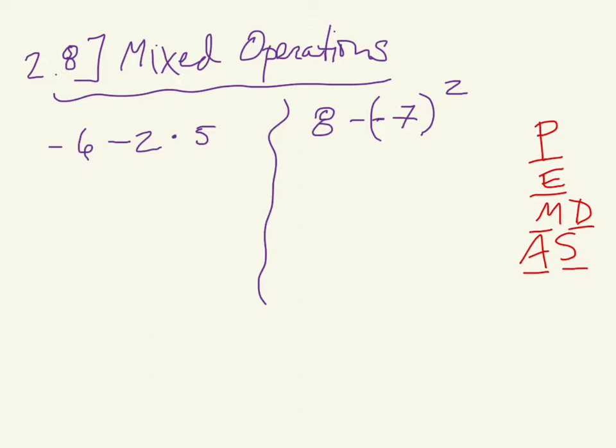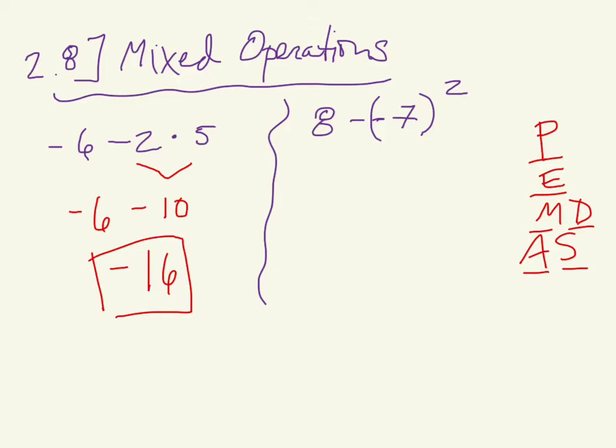So we look over here, we're looking at these two things right here. You got a -6, a -2, and a ×5. So we're going to do multiplication first. Multiplication says this right here, this -2 times a +5 is a -10. So you have a -6 and a -10. You just pretty much combine like terms. Negatives can be like terms. This is 16